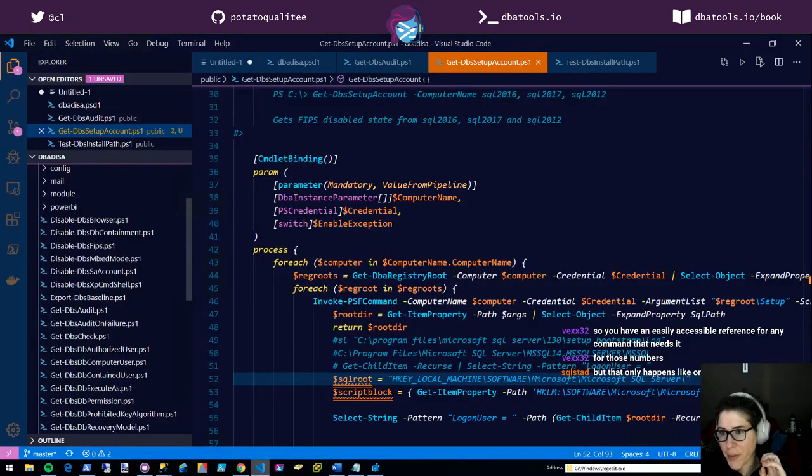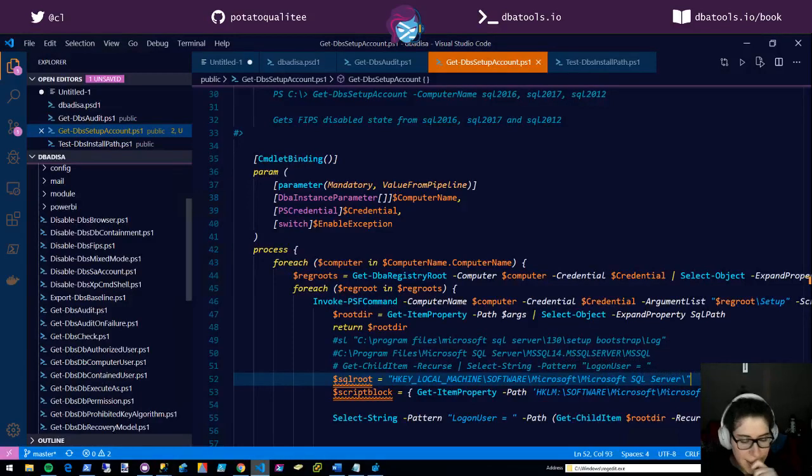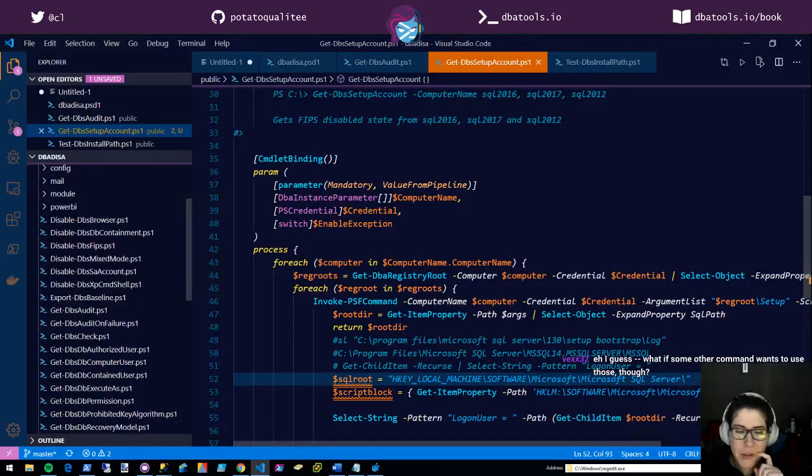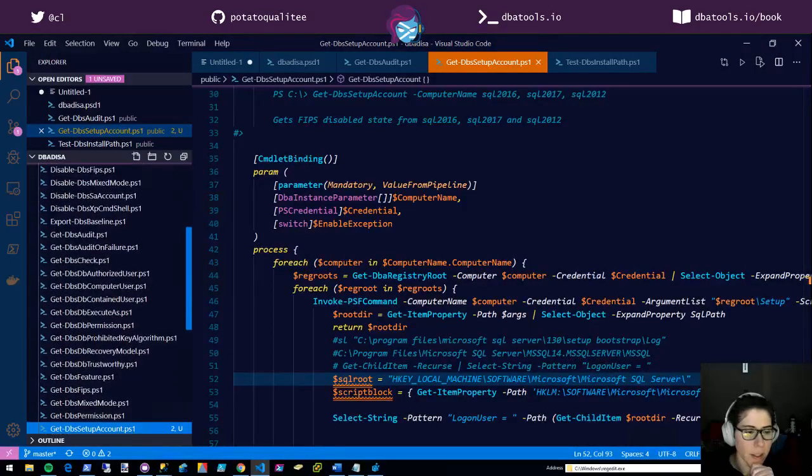Module level variable that gets pulled into the function. It's true. I don't know if we'll ever be using that, but that's a really good idea. Good call. I'll put in the PSM one.